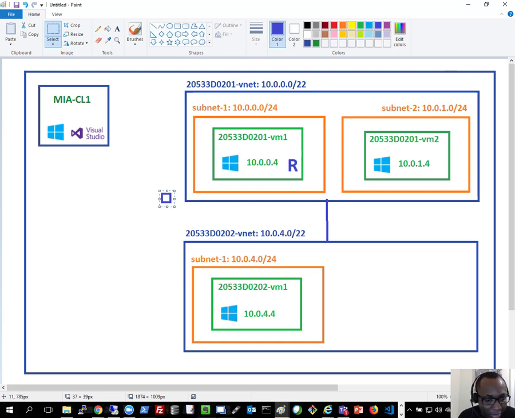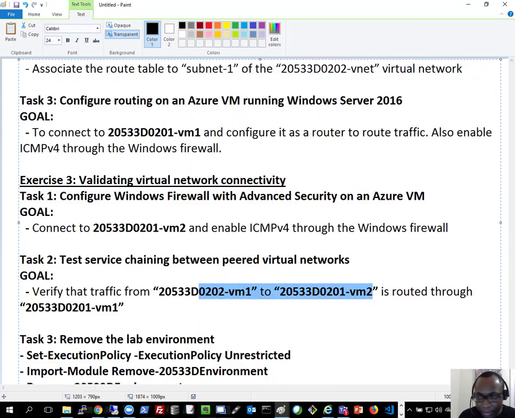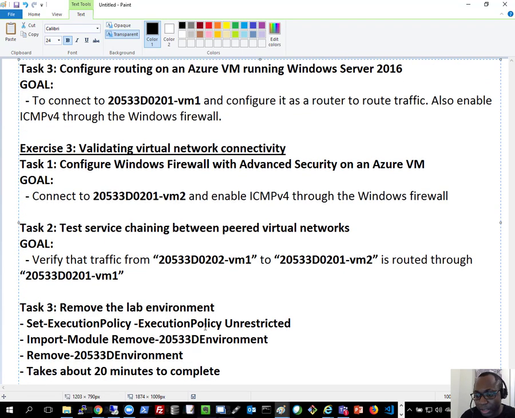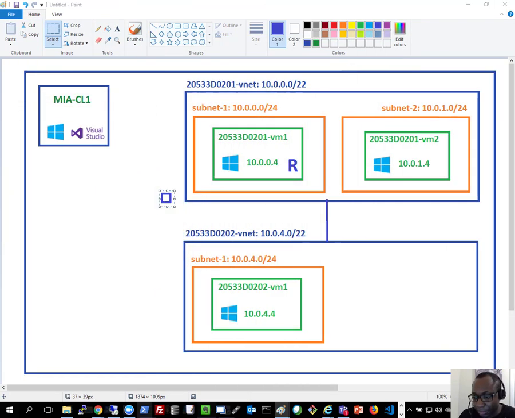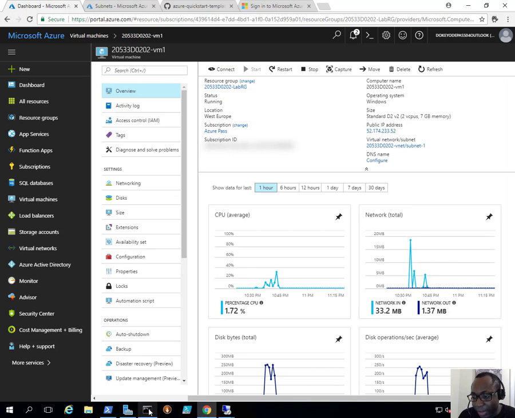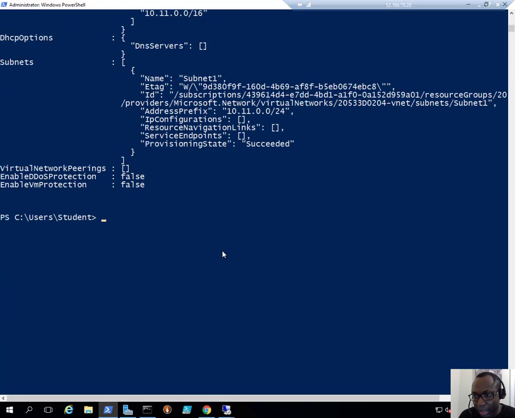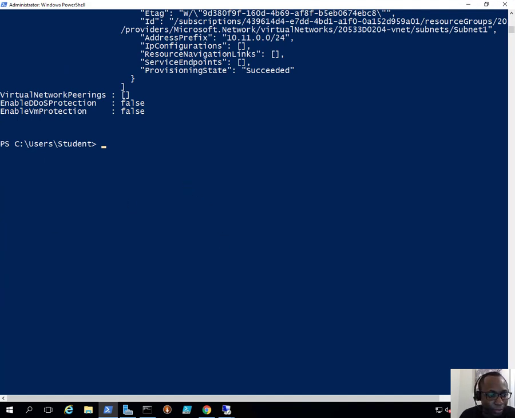So the last task of every lab that we do will be to clean up our environment, and we'll be using our script again this time. Not to sound like a broken record here, but this is one of the reasons why you shouldn't be doing this in a production environment, because you'll be wiping resources and you don't want an accident to happen. So in this case, let's remove the resources that we've created. If I go back to my lab VM